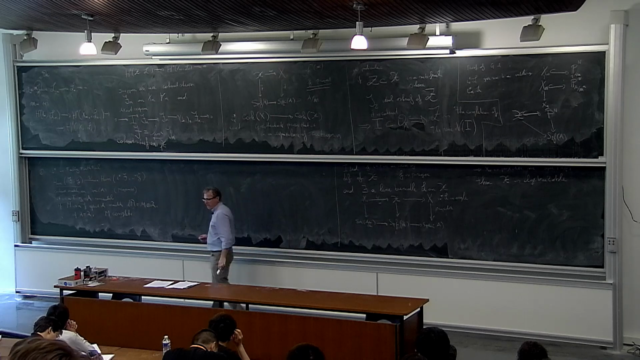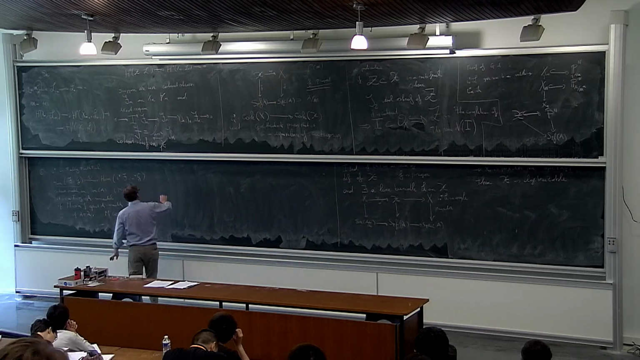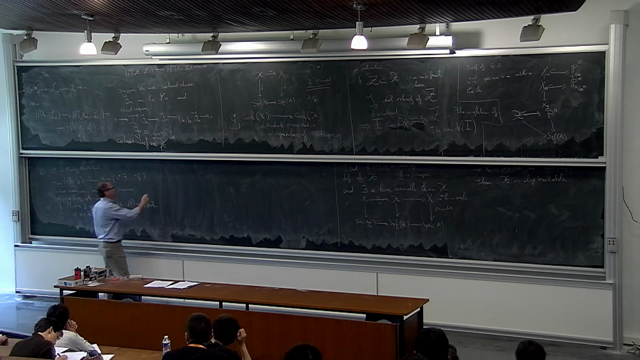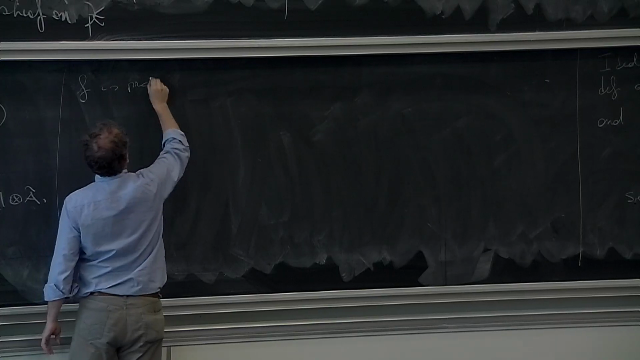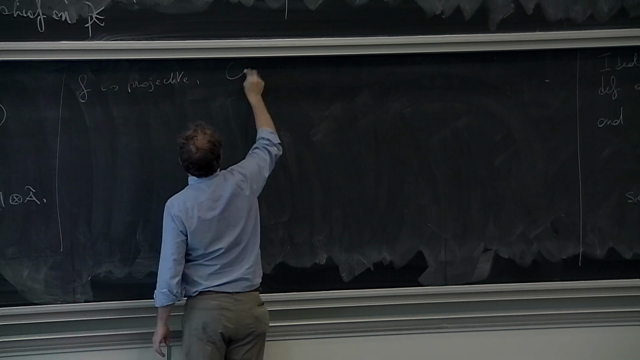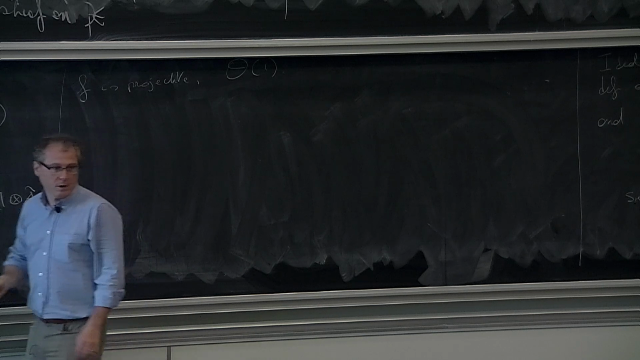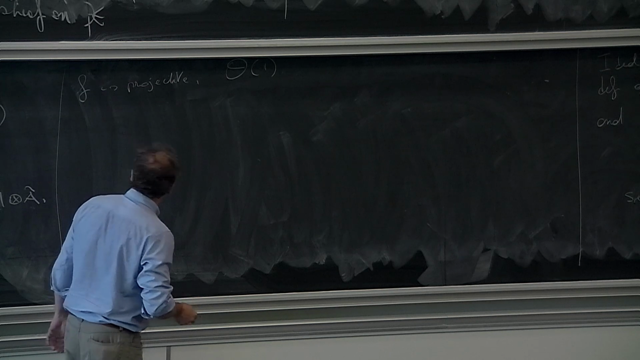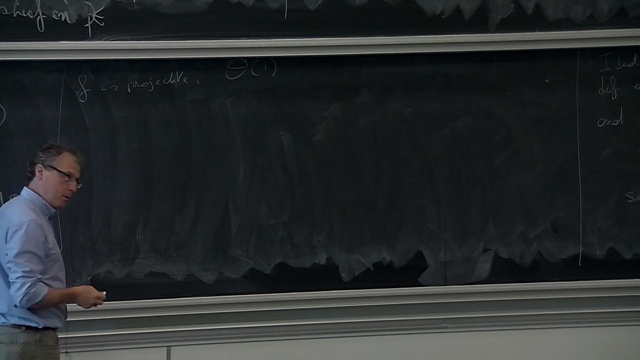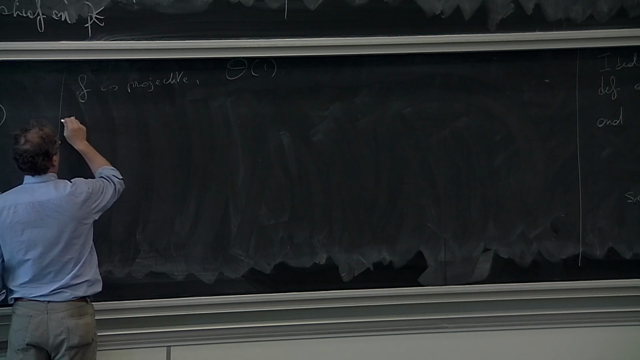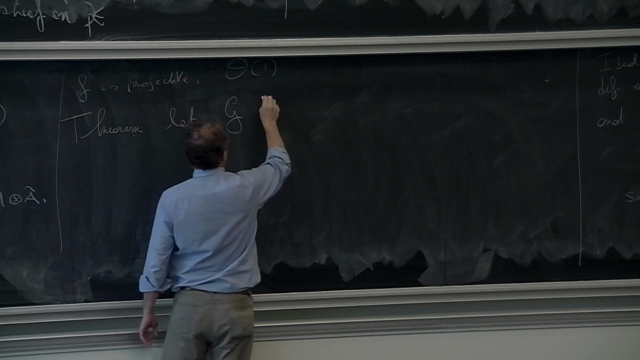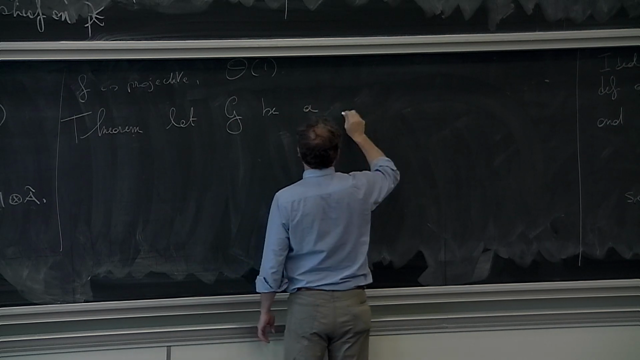And now I make a restrictive hypothesis, because otherwise it is much harder. I will suppose that f is projective, so I have an ample line bundle. What is the key proof, which requires a bit of work, is the following theorem. Let G be a coherent sheaf